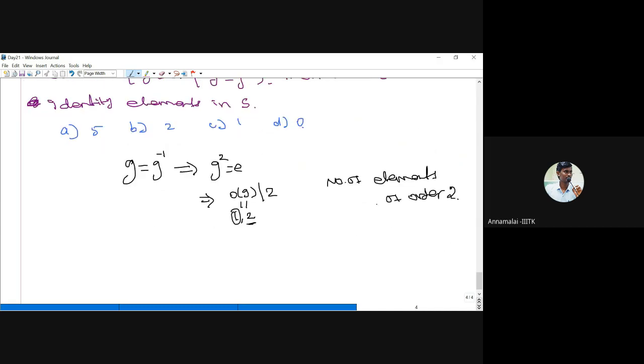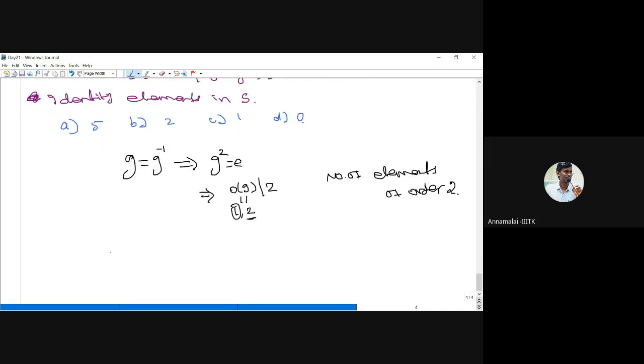So how to find that? You have to apply Sylow's theorem. Given that the order of the group is 10, 10 can be written as 2 times 5. Therefore, we can find the number of 2-Sylow subgroups and the number of 5-Sylow subgroups, because there are 2 primes. First we find the number of 5-Sylow subgroups. The number of 5-Sylow subgroups is of the form 1 plus 5k. We don't know the value of k, so we have to find it. We know that this number 1 plus 5k divides the order of the group.